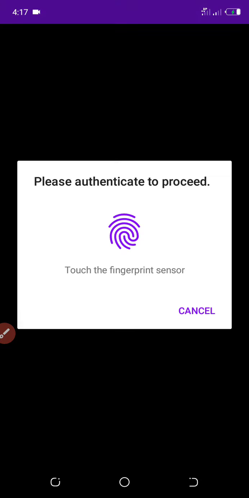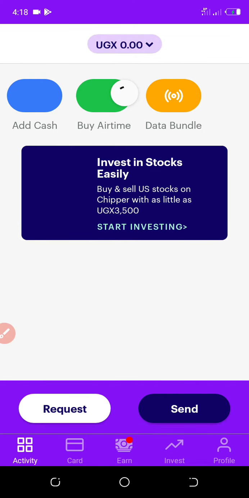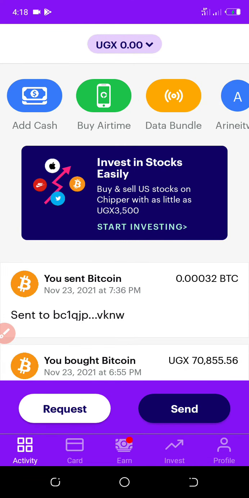While you have your account, create, register, and have an account on Cheaper Cash. My application, I had to put a lock using a fingerprint. So I'll just press my fingerprint and it's now open. After you have logged into your Cheaper Cash account, as you see above, there is this saying which says